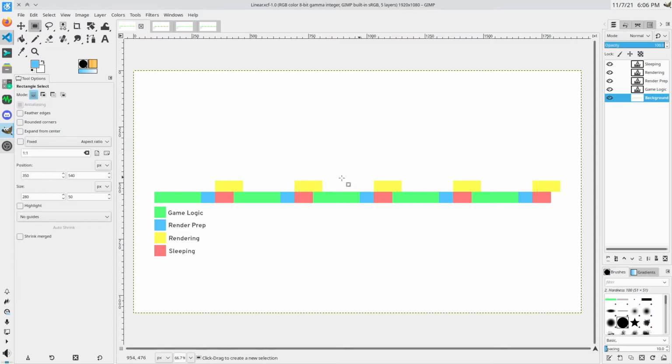This is a fairly naive approach, and we're going to break it down a bit. So this is a timeline from left to right as time progresses. We've got our game logic occurring. We've got our CPU side prep for frame render. We've got the actual GPU side rendering of the frame. And here in red we have the time that the CPU is spending not running the game or engine because the